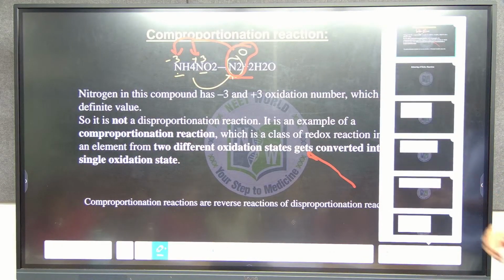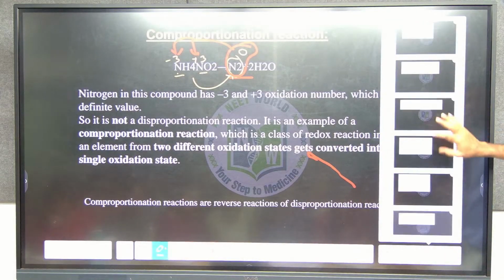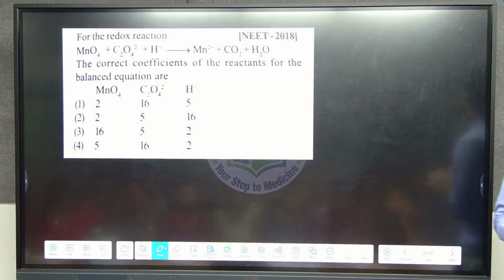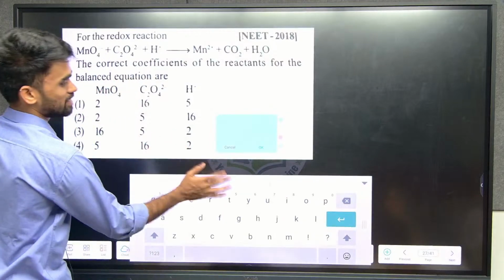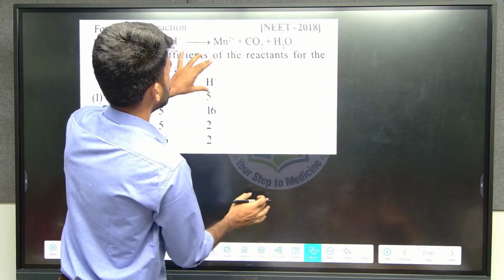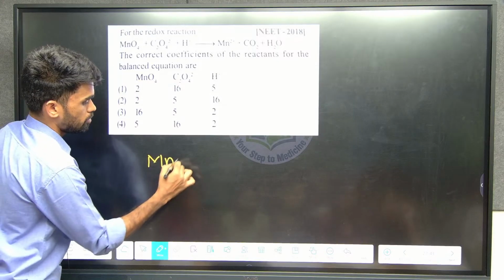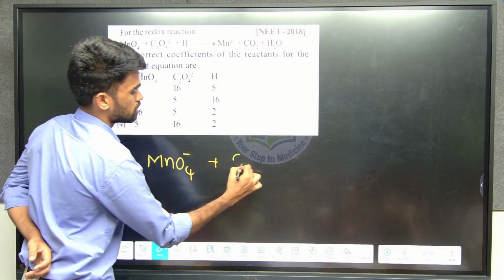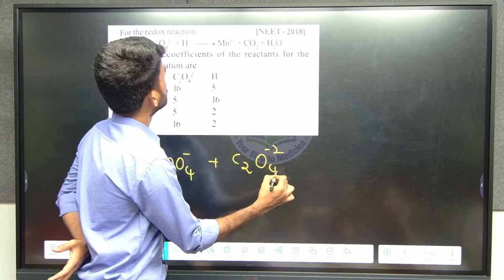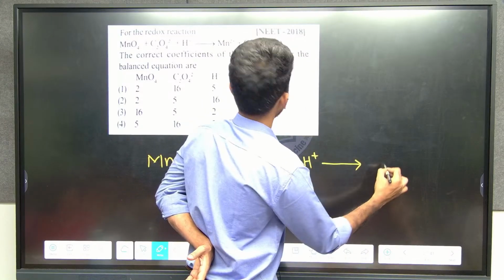Okay. Next one is balancing of redox reactions. Generally you will see questions like this in the exam. It is important for your IP exam also, a 4 marks question. So now tell me how to balance this. I will tell you, no issues. What is the reaction they have mentioned? MnO4 minus plus C2O4 2 minus plus H plus giving you Mn 2 plus,